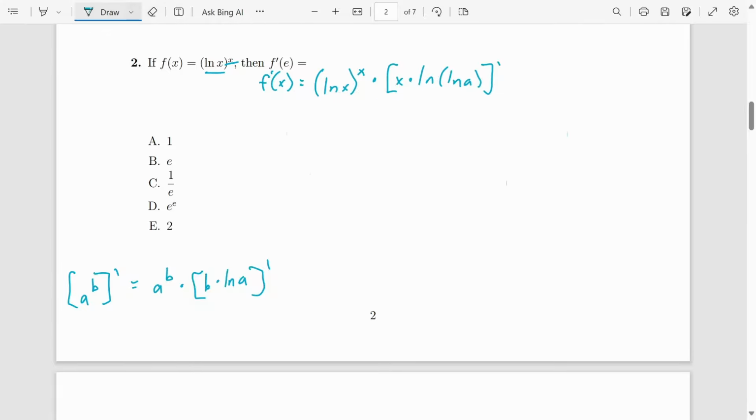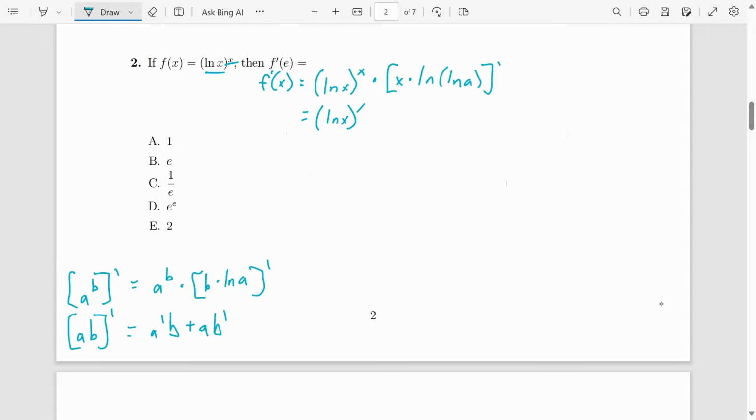Since we have two things being multiplied together, we should probably do the product rule there. That states you have something in the form of a times b, and you want to take its derivative. That's equal to a prime b plus a b prime. In this case, our a is x, and our b is ln of a. So we just fit those to this new formula and get our inside derivative. So this equals ln